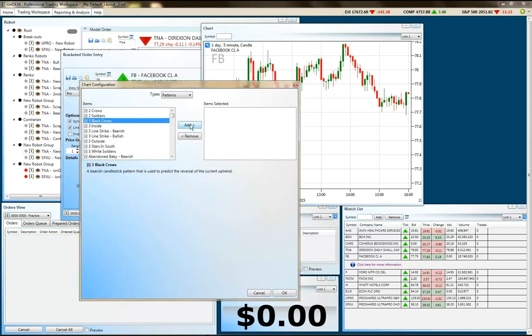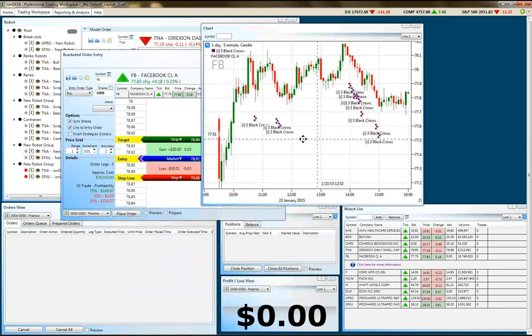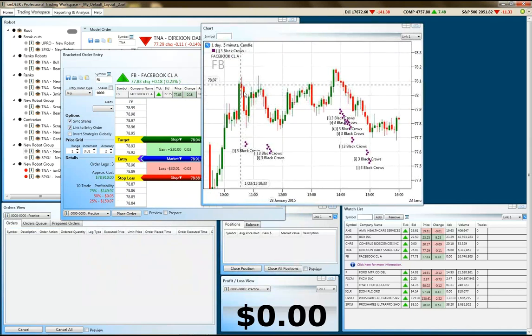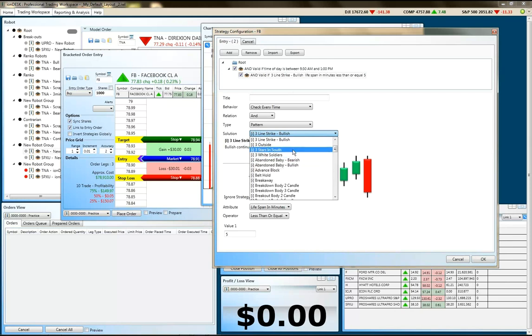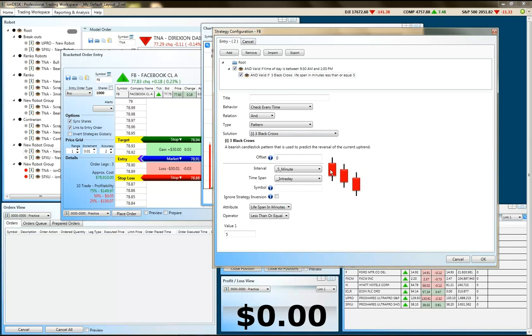Let's look at something that I know is there, like 3 crows. Every time it sees three down candles, you get a signal. This is equivalent to coming here and saying, whenever we see 3 crows, then we want this thing to fire. Now, you could also be trading Facebook but base your signal on Twitter. So it will fire,